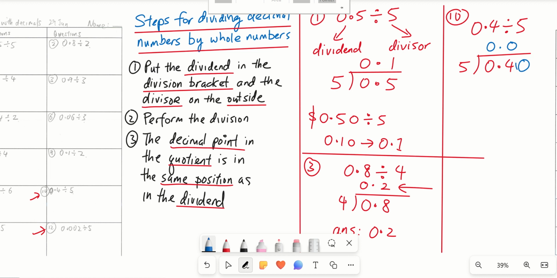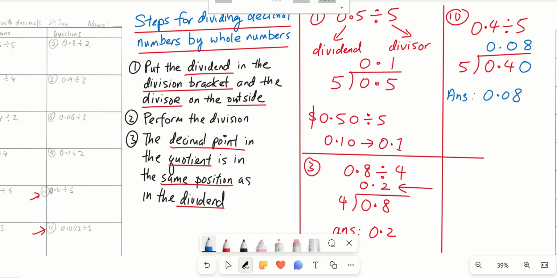So we just add a simple 0 behind the 4. And then we ask ourselves, how many 5s go into 40? That's 8. So the answer is